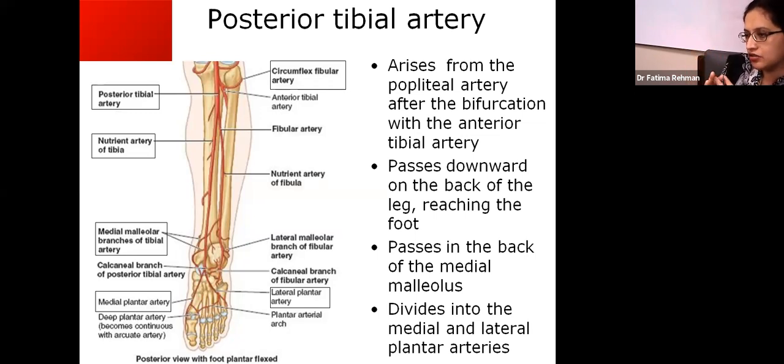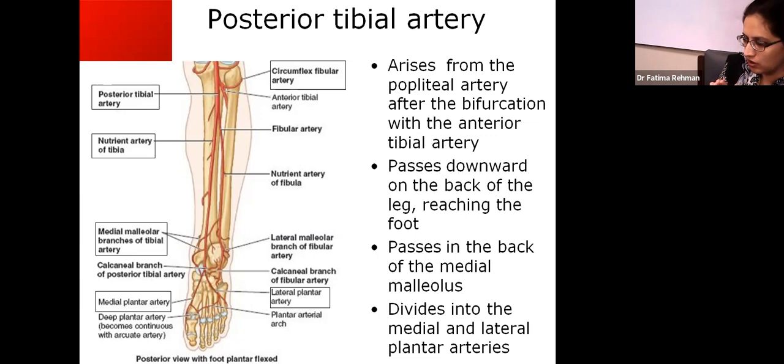In the beginning, as soon as the popliteal artery bifurcates into the anterior tibial artery, one branch, the anterior tibial artery, is given off. Secondly, it gives off a trunk which is called the tibio-peroneal trunk, and this is a large bore vessel as compared to the anterior tibial artery because it's a trunk, and this trunk needs to be divided into two terminal branches. One is called the posterior tibial artery and the other one is called the fibular artery. So basically, a trunk arises from the popliteal artery other than the anterior tibial artery,